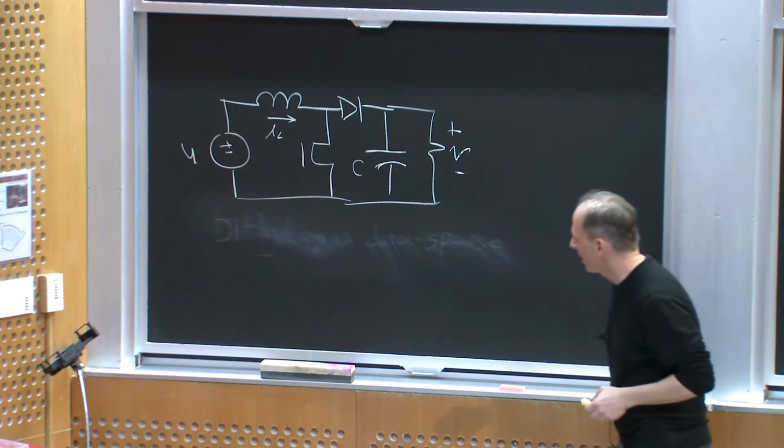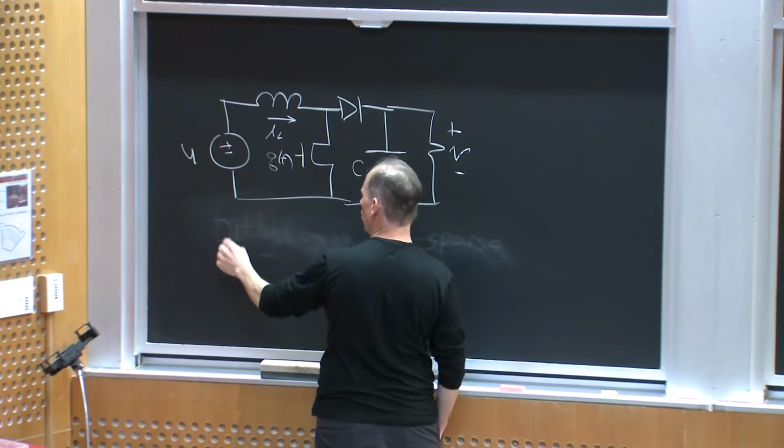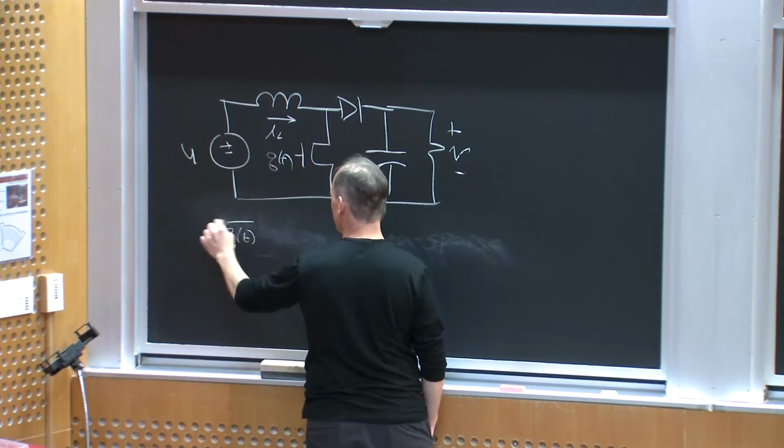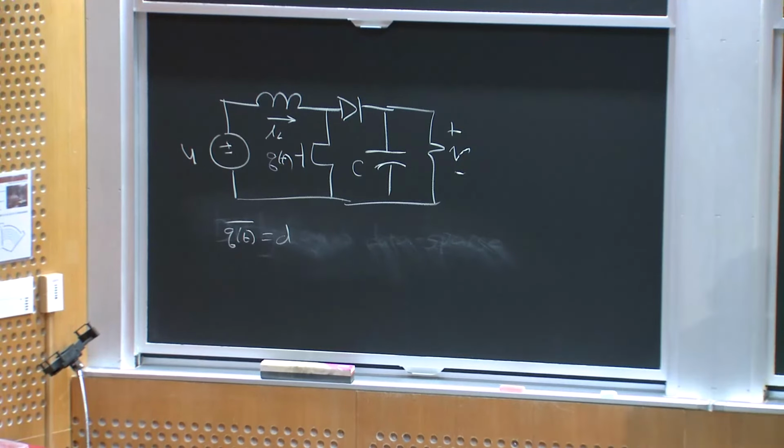And what we really control here is q(t), or the local average of q(t), which we call the duty ratio. And we said we developed